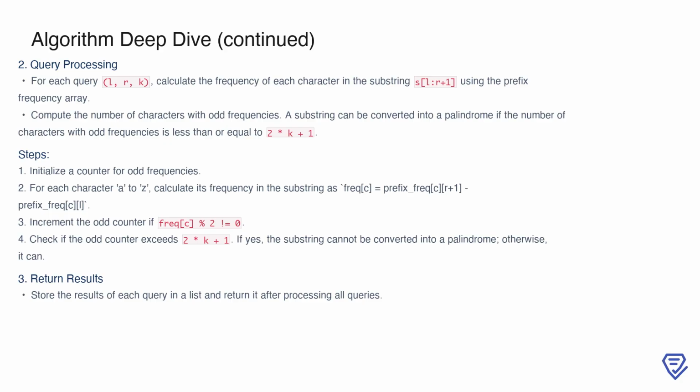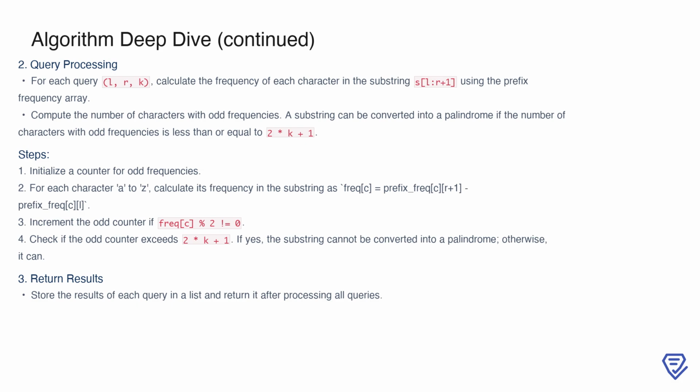Now that we have the prefix frequency array, we can efficiently process each query. For a query defined by the range L, R, and the allowed changes k, we calculate the frequency of each character in the substring S[L, R plus 1]. Using the prefix array, this calculation is as simple as subtracting the cumulative frequency at L from that at R plus 1. Once we have the frequencies, we count how many characters have odd frequencies, as these disrupt a palindrome's